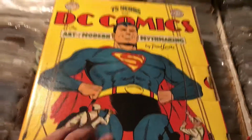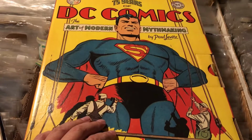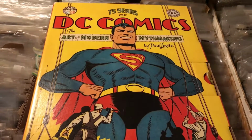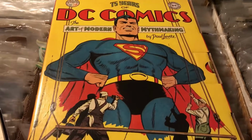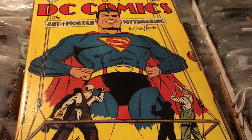Fun story about this, back when Barnes & Noble existed, no, Borders, back when Borders existed, I had a 50% off coupon. Got this $200 monster for $100. Anyway, so the first comic I want to spotlight